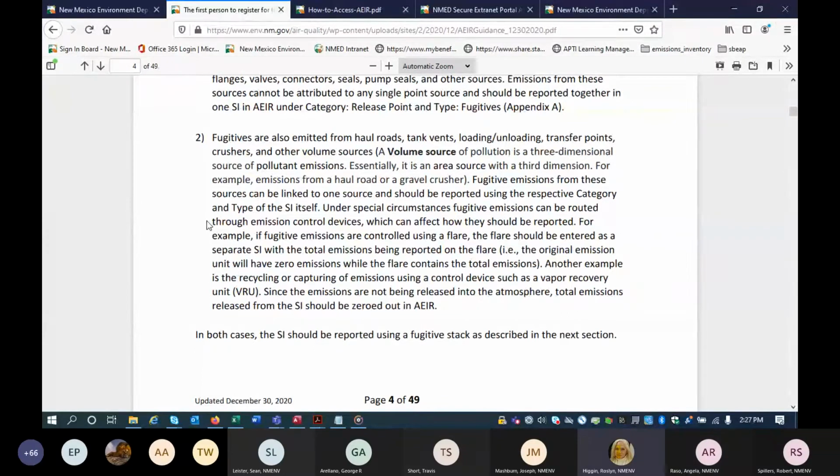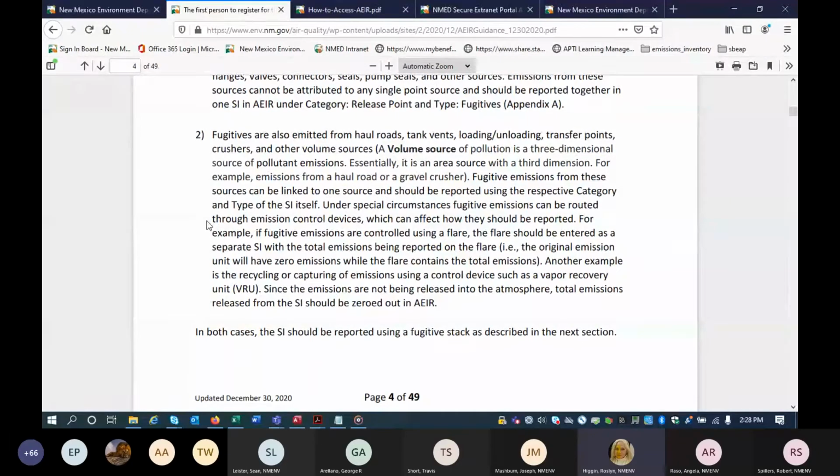Yes, writing down the percent of efficiency of your control equipment would be really helpful. But we're looking for the emissions being emitted into the atmosphere. If it's being controlled, then I would recommend that you only submit what's being controlled, because that's what's being emitted. So it would be with the control equipment. Okay, I hope that answers your question. There's some more information in here. I'm not going to go over every single little thing because we have a lot to go over. So please refer to this section if you have more questions.